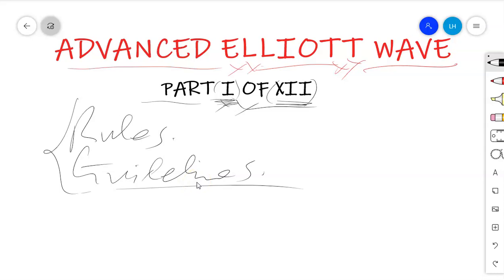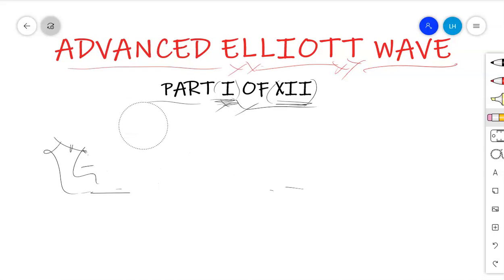Now I said we'll cover rules, and on the part of rules we already discussed that in the introductory part. On the introductory part we covered the issues on rules, but the guidelines are what we are going through from lesson number 1 up to lesson number 12. Mainly we'll be discussing guidelines, but some lessons will go beyond the guidelines. Therefore make sure that you understand the guidelines, but also the information that is additional to what we call the guidelines. Understanding all those things, you will trade with Elliott wave profitably. If you need to trade with Elliott wave profitably, you must be aware of those things.